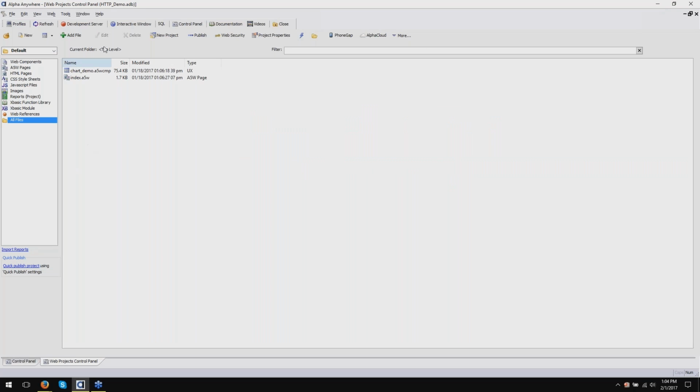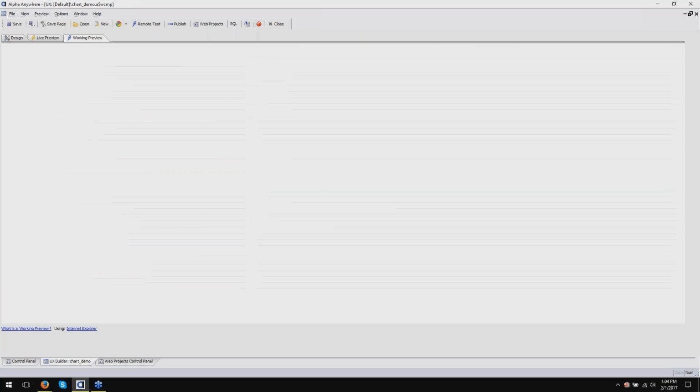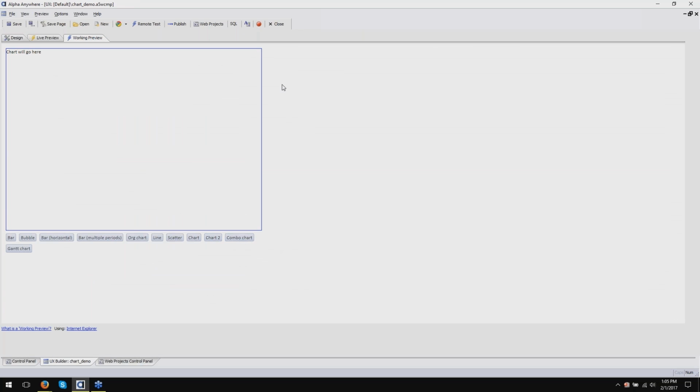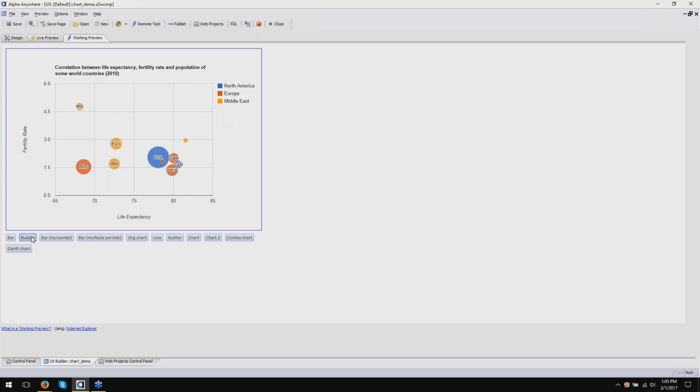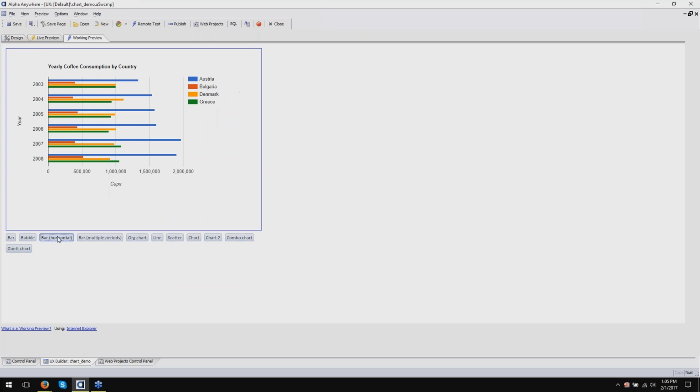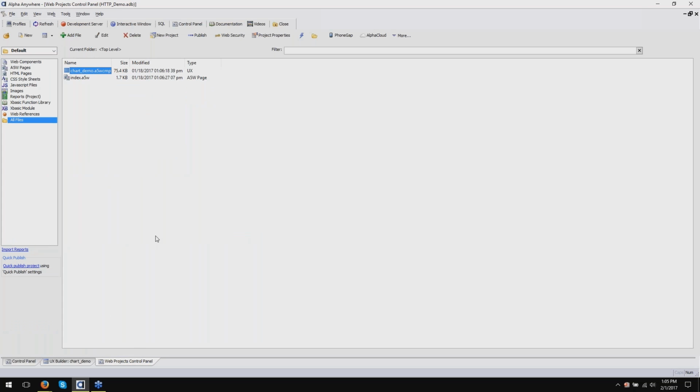So here in Alpha Anywhere, I have a small project. It's a single UX. It has our chart demo in it, which displays Google chart information, and I want to publish this project using HTTP publish to my Alpha Anywhere server, which is also located here. So in order to do that, you first need to configure the Alpha Anywhere application server